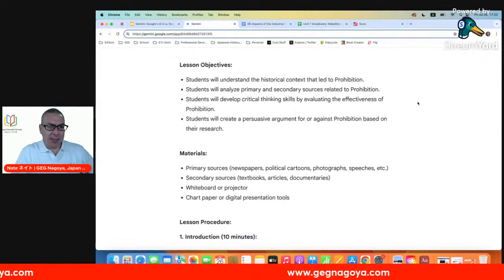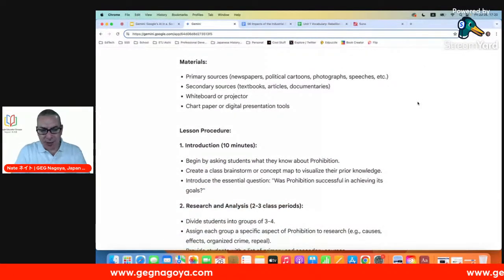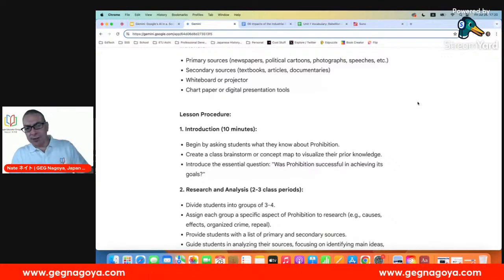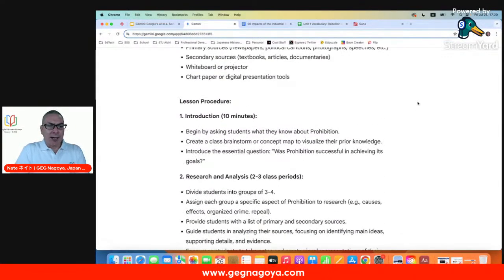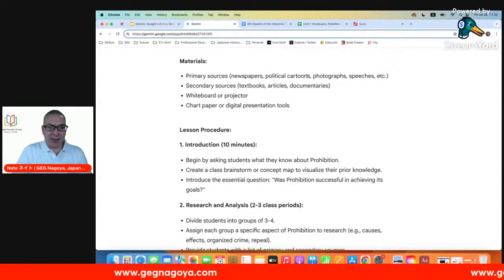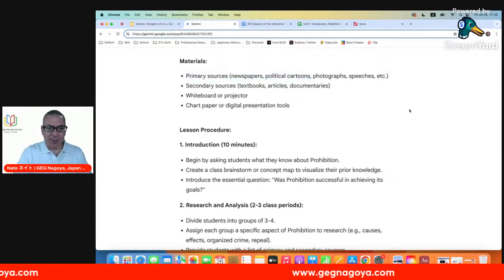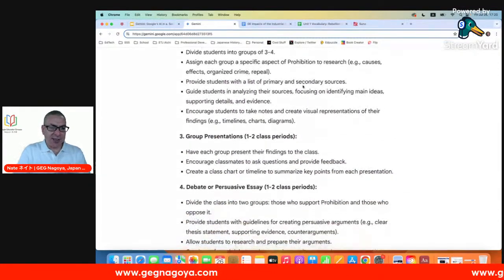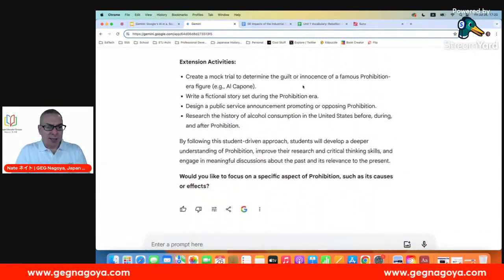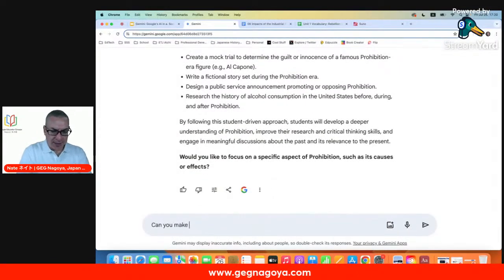on prohibition in America. Objectives, it gives me materials. This is stuff that I can use to develop in whatever learning management system that I'm using. Let's see, primary sources. I want a political cartoon or a newspaper. I'm going to copy that, and I'll just show you why in a minute. And my intro, 2 to 3 class periods, it's saying research and analysis. Extension activities and that. I'm going to type in here, can you make this